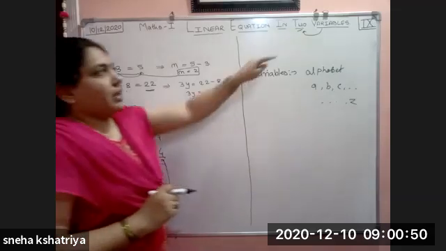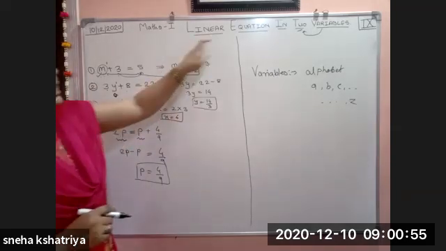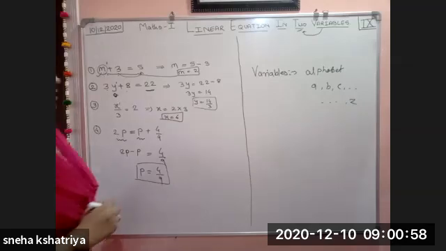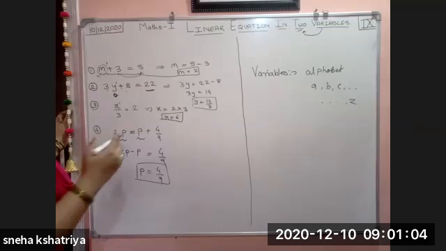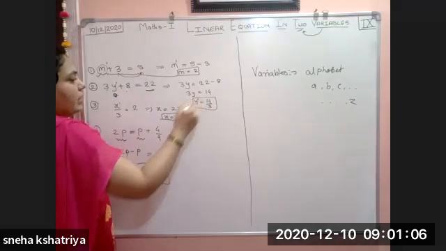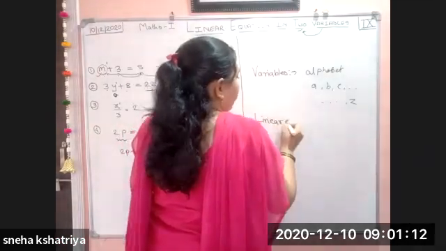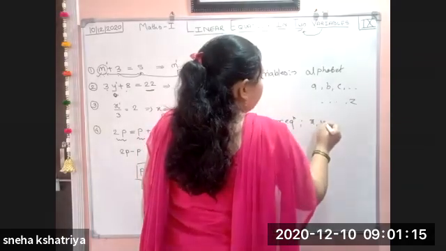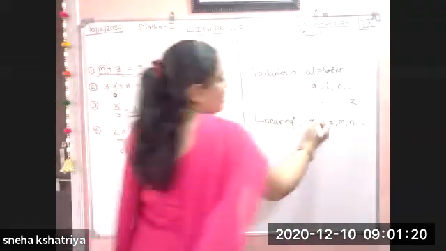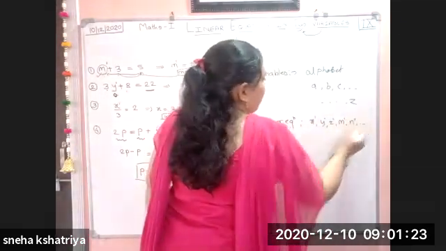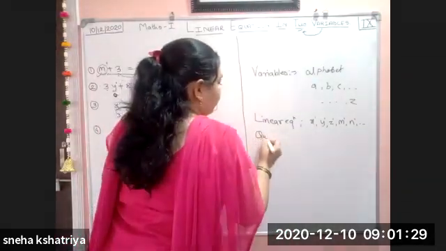But when two unknown variables are there, how are we going to find out? So, in a linear equation, what does linear equation mean? Whatever the equation is given to you, the variable power should be 1. So in a linear equation, x, y, z, n, and such kinds of variables are there whose power should be 1. If the power is 2, then it is called quadratic.